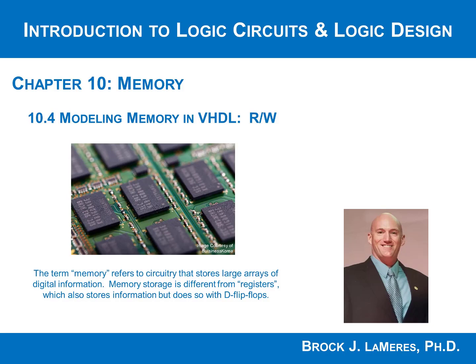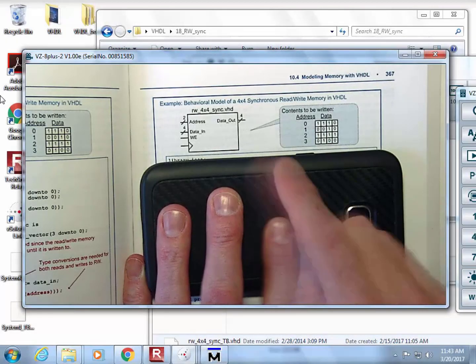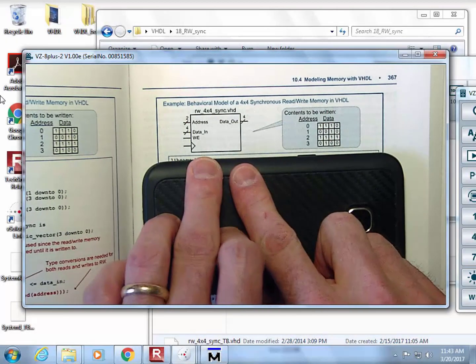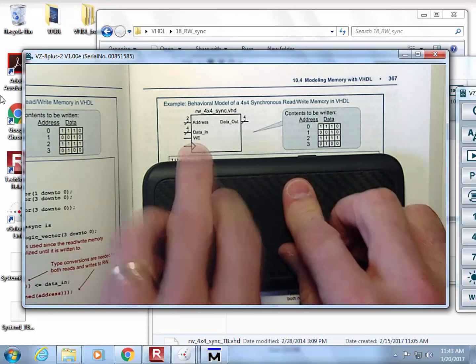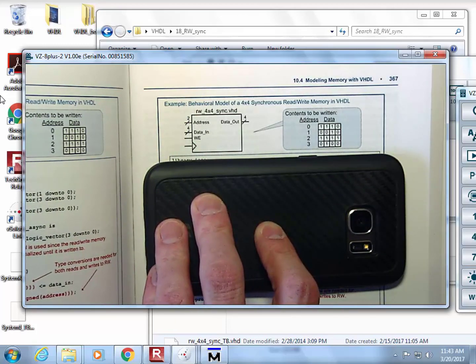You are going to create a read-write. We're going to use a concept that's very similar to what we did with the ROM array, but you have a few different things here. Number one, you got a new port. You got a data in, because not only are you going to read from the array,